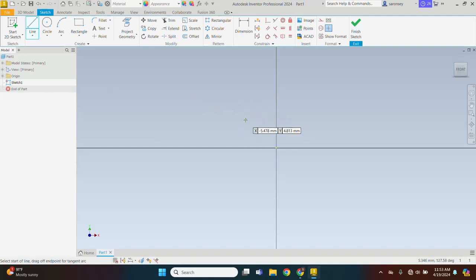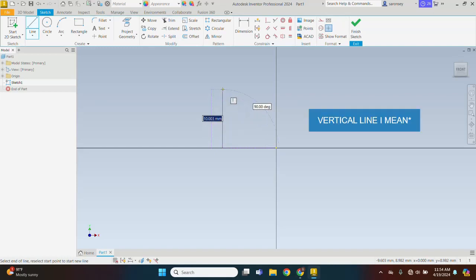So once our line tool is selected, notice that at the left corner down here, Autodesk Inventor instructs you on what to do, it guides you. It says select start of line, and that is what we need to do first. So let's begin to choose the point where we want to start our line from. We can just click here right on the horizontal line passing through the origin. You can click and then move in the direction you want to place your line. So let's say you want to create a horizontal line. You can then move up